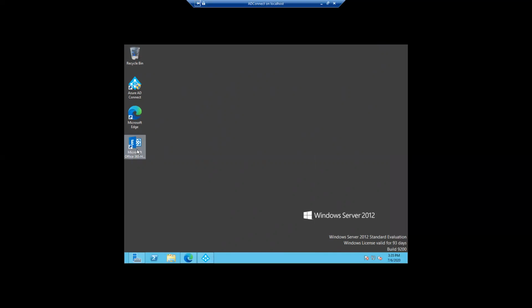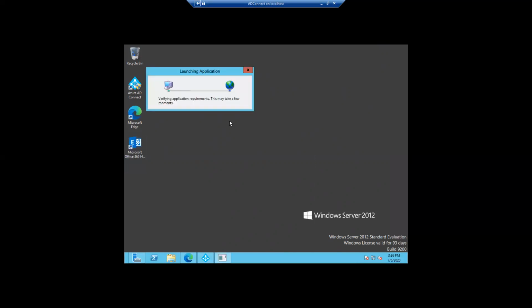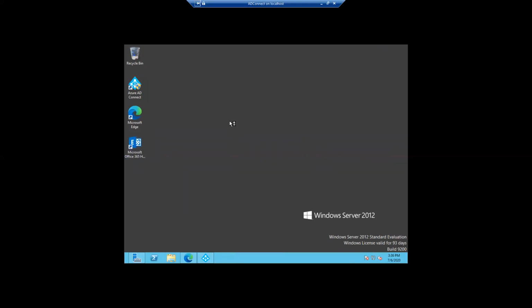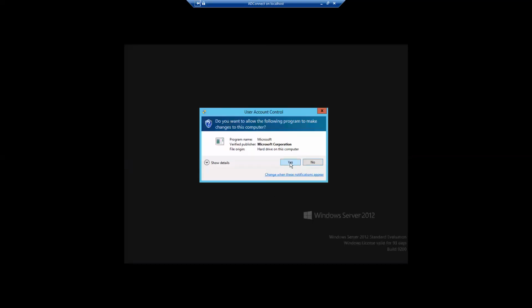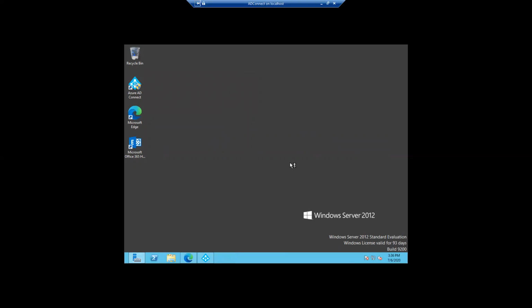It will open this window. I have already downloaded and run it, so I'm just clicking on this. It is going to connect with the application. Okay, I am running this application.